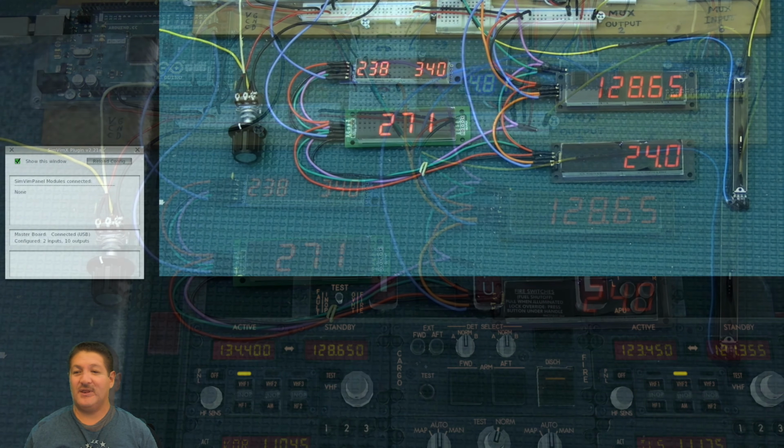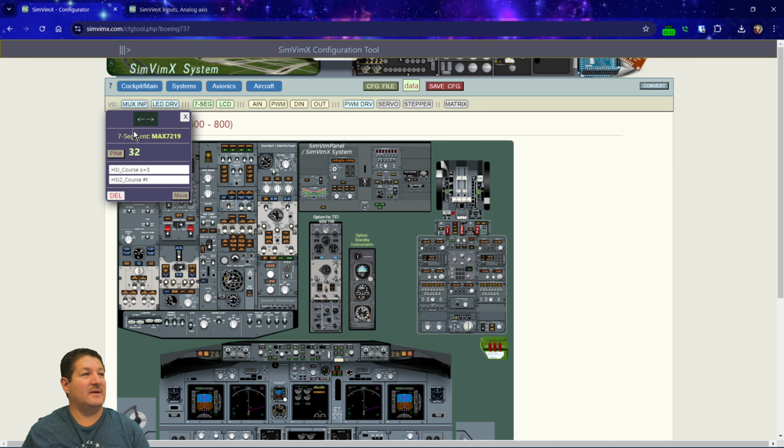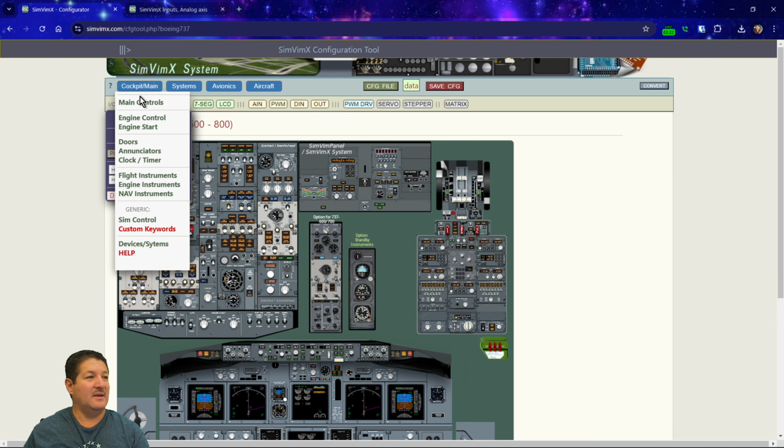But if we go over to the simulator and we look at our radio, we know that it has 3 digits after the decimal point, right? So what can we do about that? All right, so if we go over to the website here and we go to the cockpit main and we go to devices and systems here,